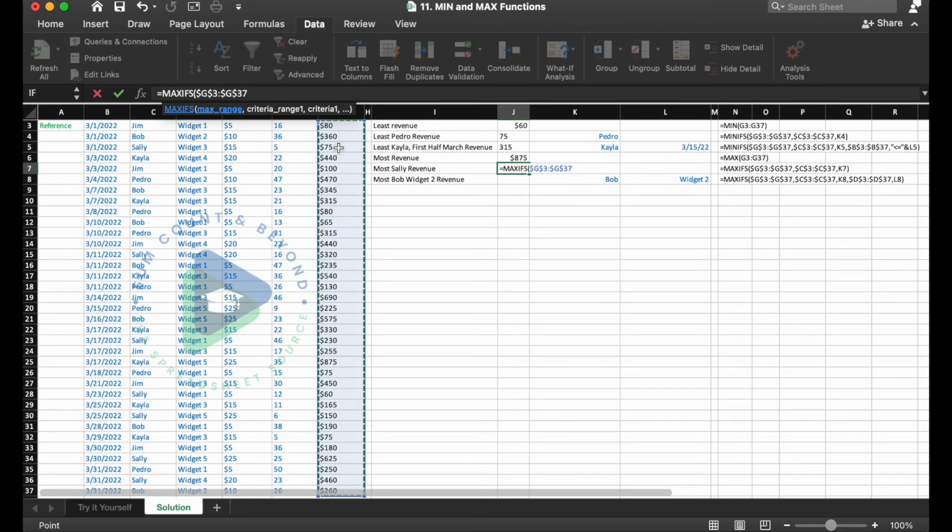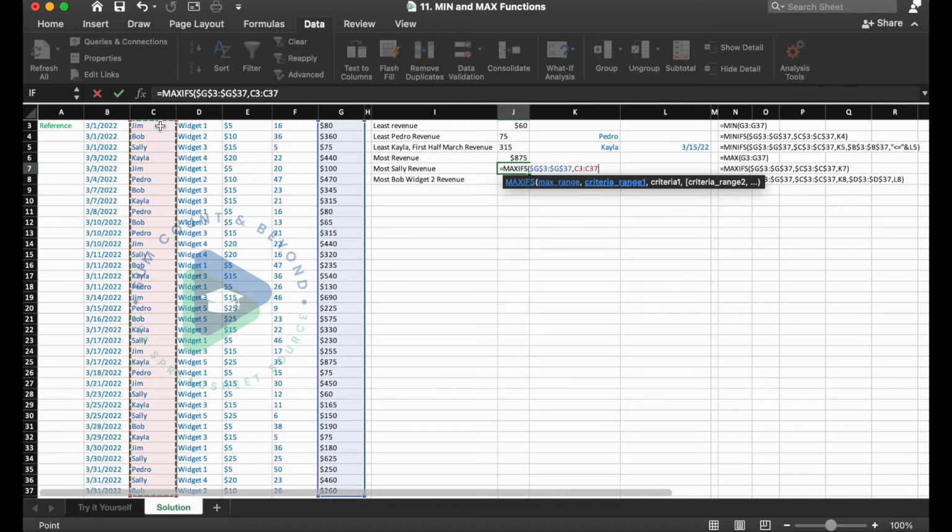Again, we're going to lock that in using the F4 key. Then we're going to do comma, and our first range is going to be column C, so we'll do C3, then hit it with a Command Shift down to C37. We're going to lock that in again with an F4, and then comma K7, which is Sally, and then we're going to close our parentheses.